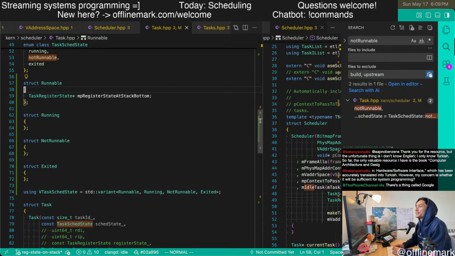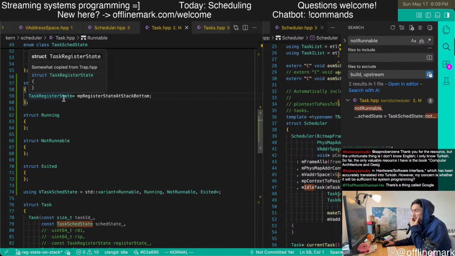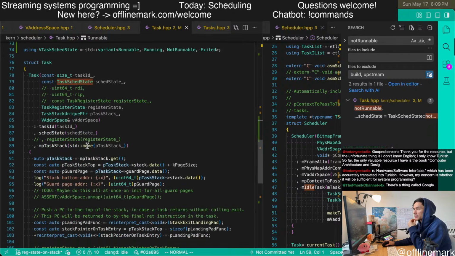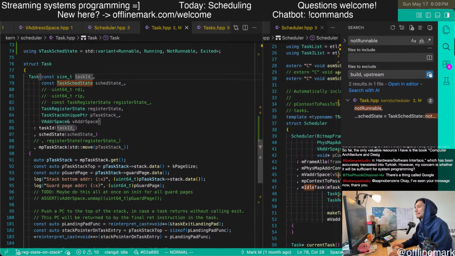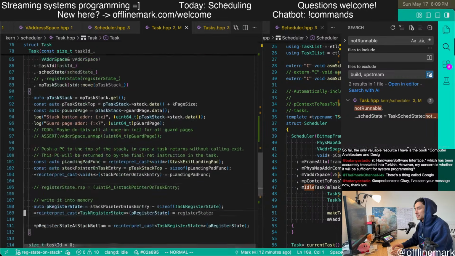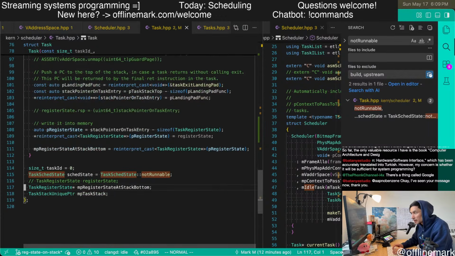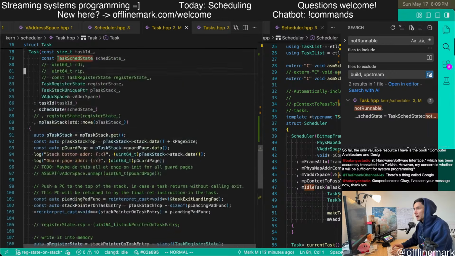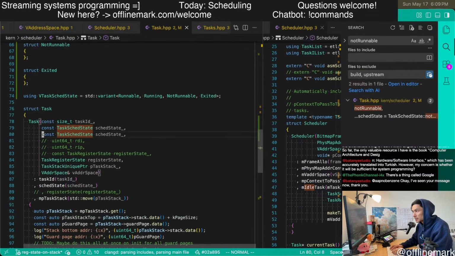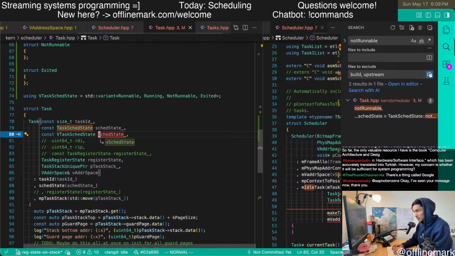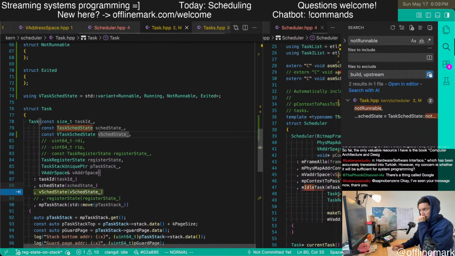All right, so we're prototyping our new way of having the task state. Let's try this out. I'm going to put this thing right after, okay, do this.